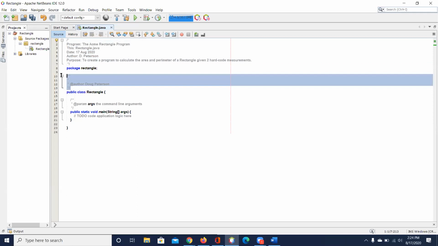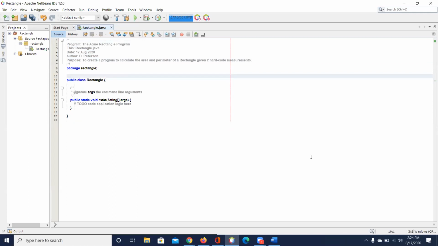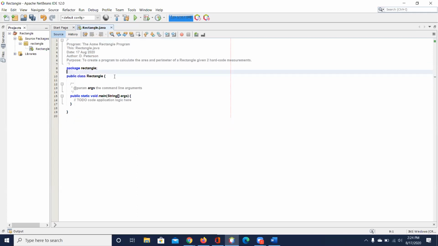Then, the first line that executes in your programs, always in my class, will be a package line. And the package is right here. It's a container inside the folder that holds the different pieces, so later on we'll have different classes inside the package that can see each other without us having to specify where that's at. So it always has to be the first readable line of the program.